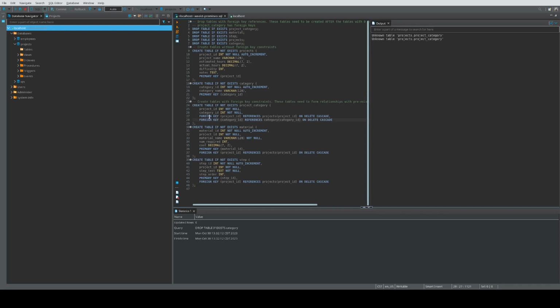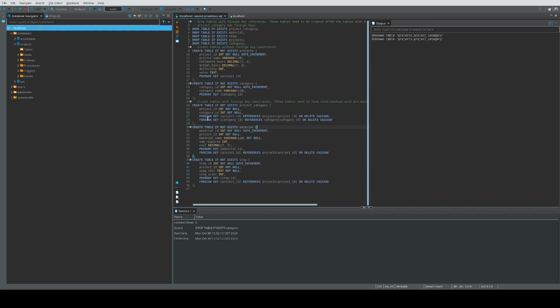Down here, we start to get into our foreign keys. So we dropped the project and category last, and we created them first. So we cannot delete these until the foreign key has been removed. So we just drop the tables, and that drops the relationship, and then we can drop these. But to form the relationship, we need to create these tables first, and then have the foreign key relations set